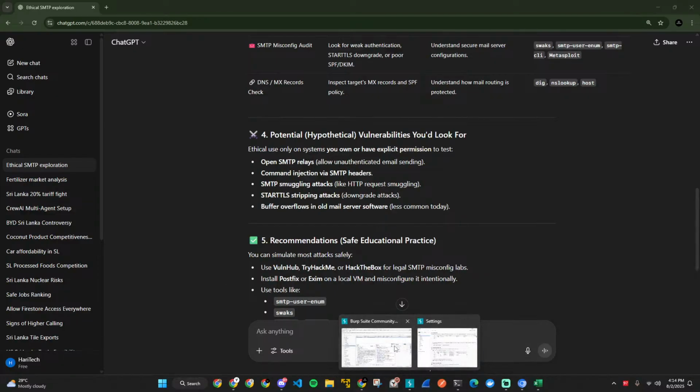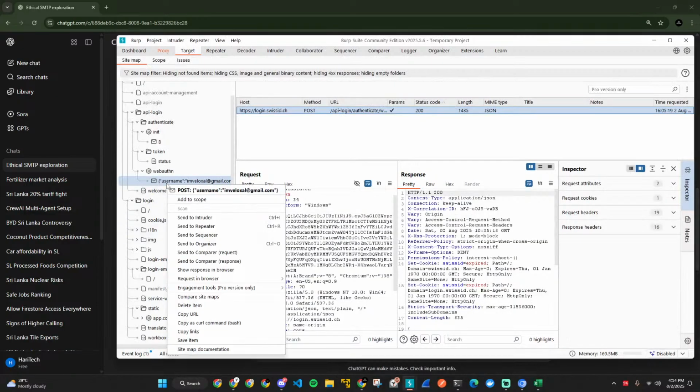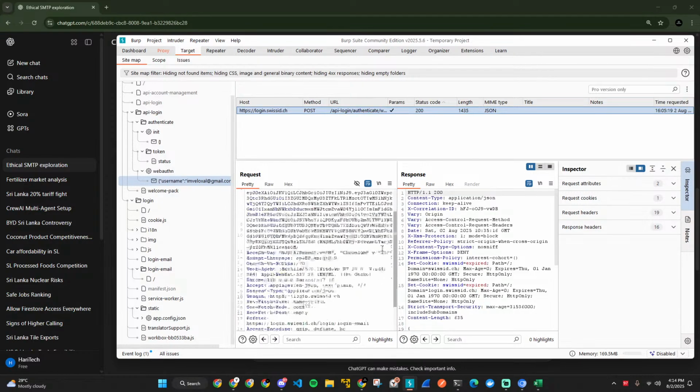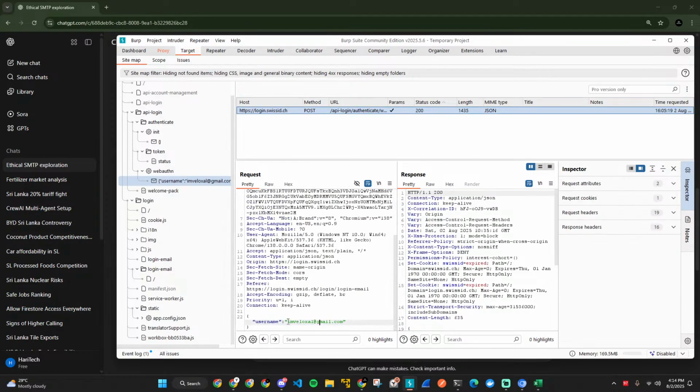Which is over here we have an SMTP mail transfer, which is basically the post request we sent. So we have the username, of course. Let's try like